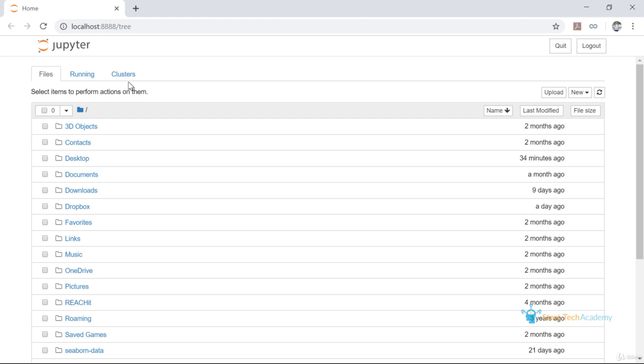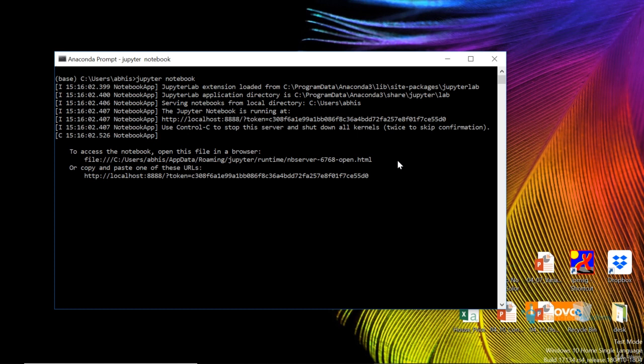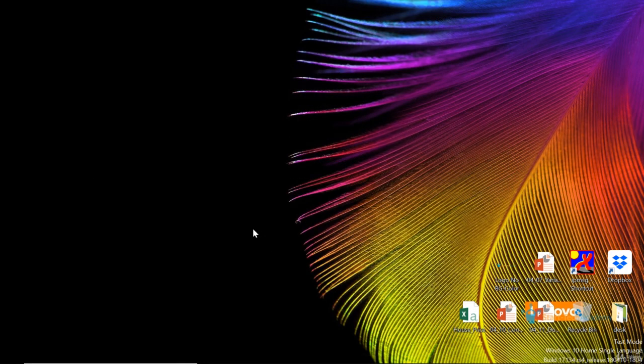Now let's move on to the third method. The third method of opening Jupyter Notebook is by using command prompt. For this, you first have to open the command prompt. If you are not aware of how to open command prompt, you first have to open the run window.